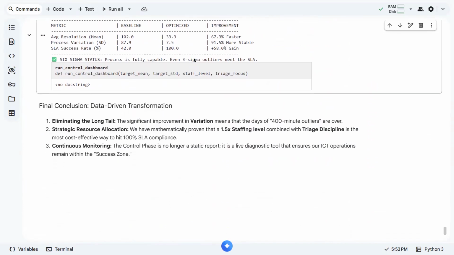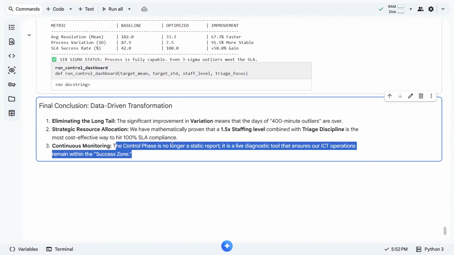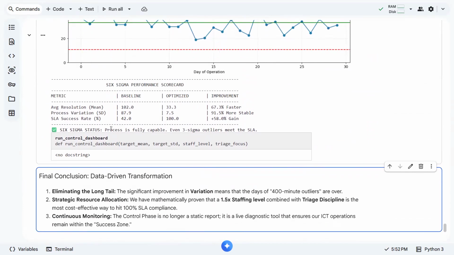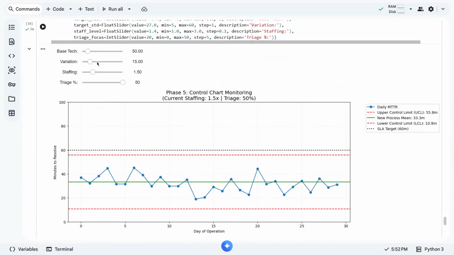Also with this code, using Python, we can actually do better than just a static report like this. As you have noticed, we can dynamically set these parameters or variables, so we can have a better view of what should be done.